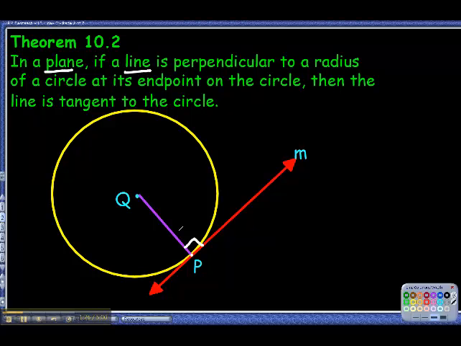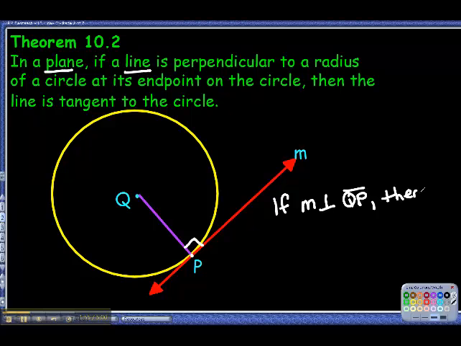Kind of almost sounds like the converse of our previous theorem, where we're saying that now if you know that you've got a perpendicular measure here, we have a radius and we have a line that shares that common endpoint of the radius, and that line is perpendicular to that radius, then we know that that line will be a tangent line. So here we could say that if line M is perpendicular to QP,